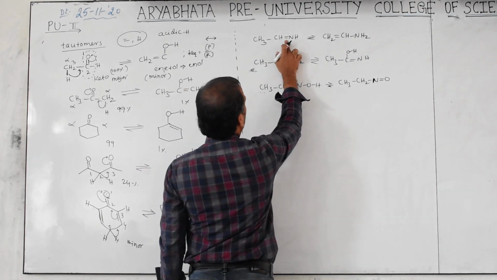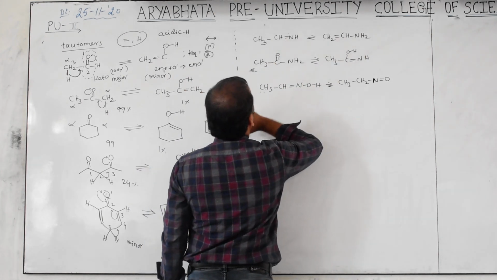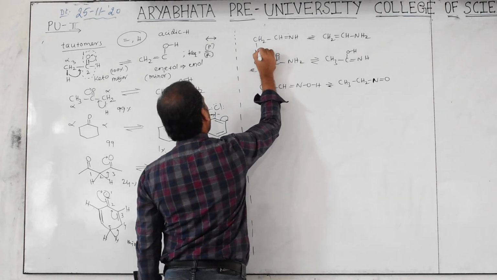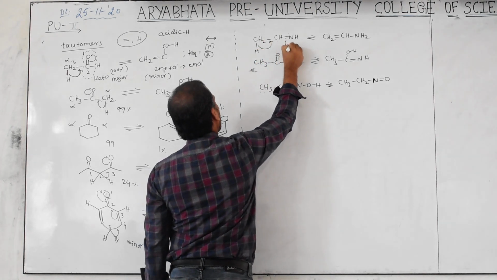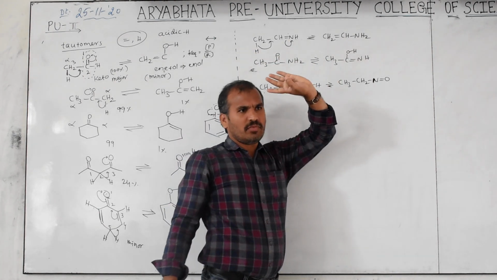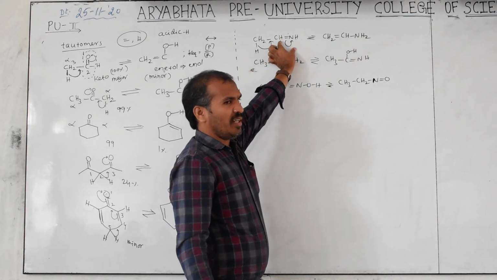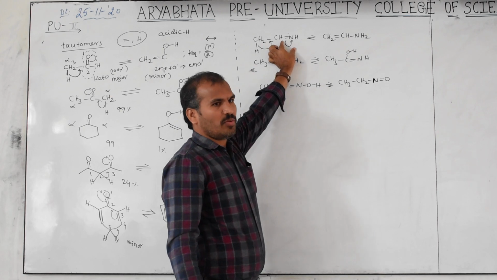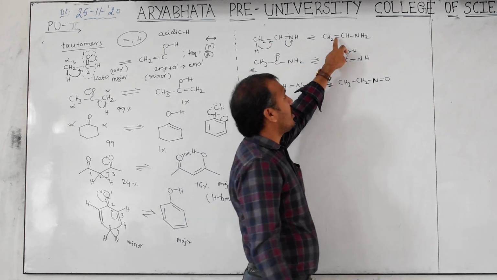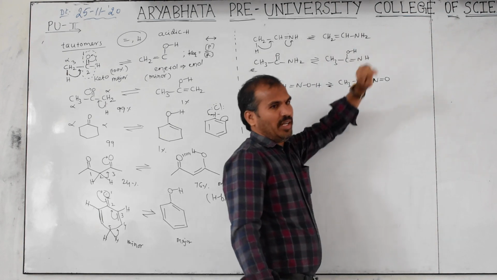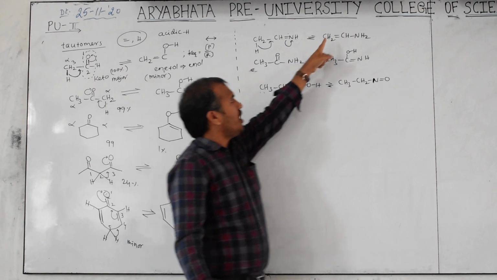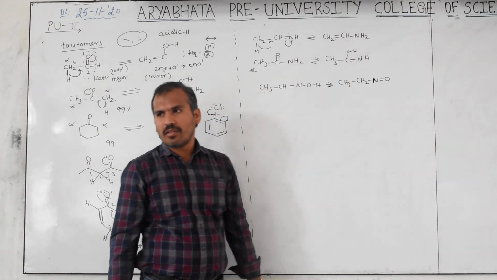Now here a double bond is there. Now the double bond came to here, and one hydrogen came in between. This should be CH2 and the double bond will be here. This hydrogen is added here, then NH2. This is an imine. Somewhere I told you about imine, in the oleochemical chapter. This is which one? Enamine. En plus amine, like enol. Enamine. Got the point?